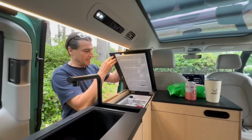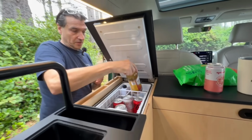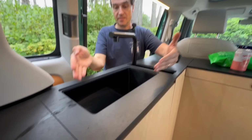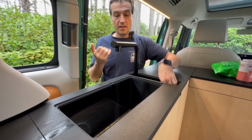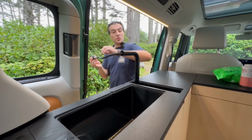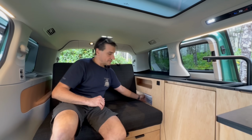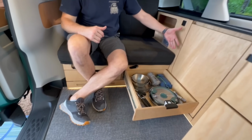Here is a fridge that is powered by electricity. It's very deep for your kombuchas or beer or food. Right next to it is a stainless steel sink with 11 liters of water, and you can remove this and wash your hands outside if you wish. There is a lot of storage here and here, very deep shelves. There is some beautiful drawer here for your pots and pans,